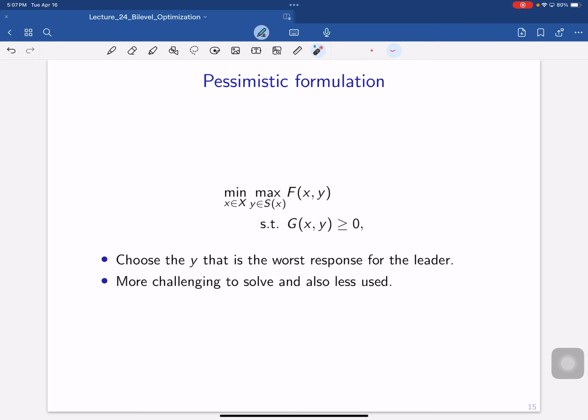Yes, so how is maximizing y pessimistic? Since the leader is trying to minimize this function f of x and y,